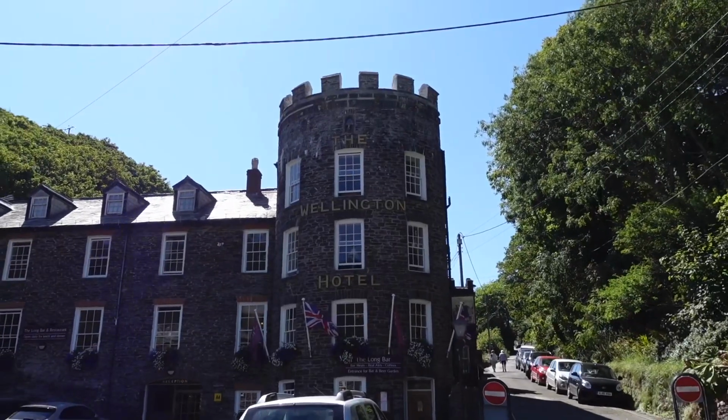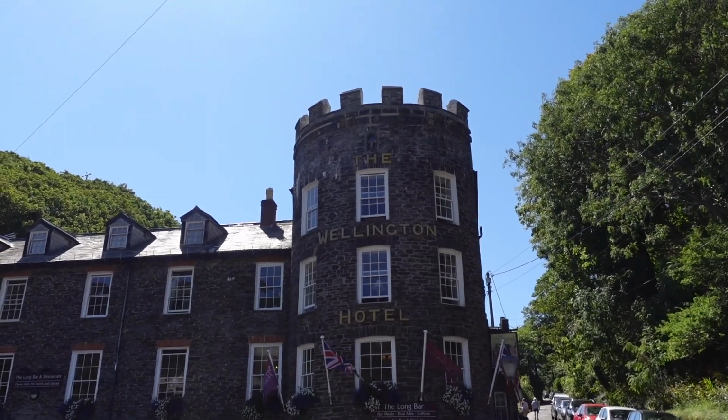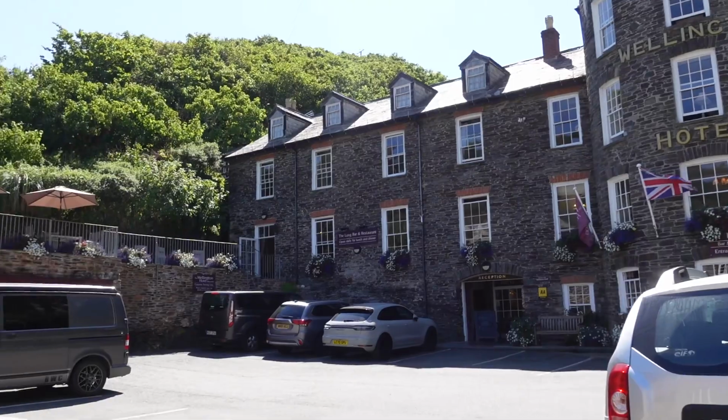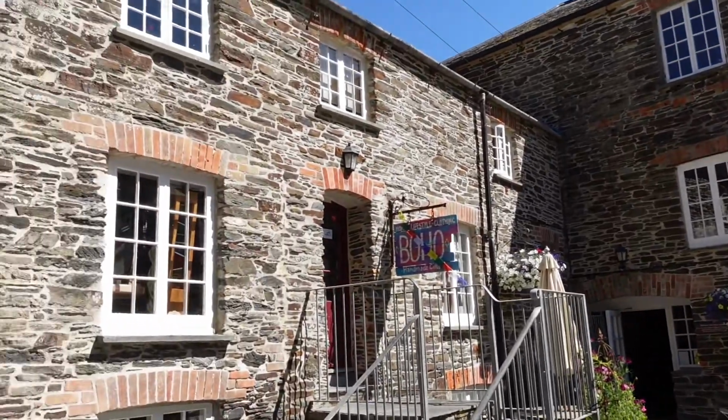Yeah. A little bit backlit with the sun, but the Wellington Hotel. That looks quite impressive with its turret up there. Nice. This is very nice, I must say. This is very quaint. Have you ever been to Boscastle? I don't think I have. No. It's really pretty. It is. Reminds me of some of the French villages that we've been to. Not on the channel, but...